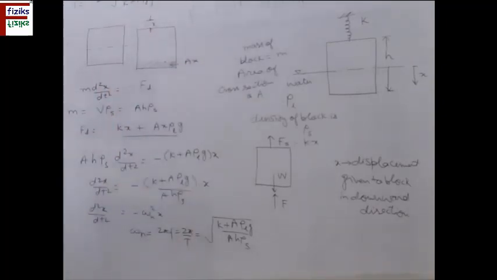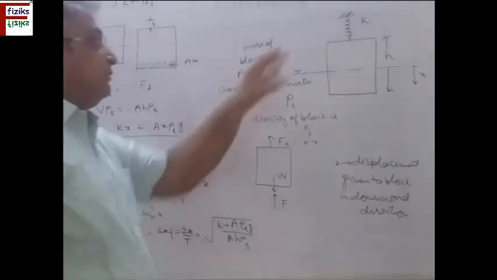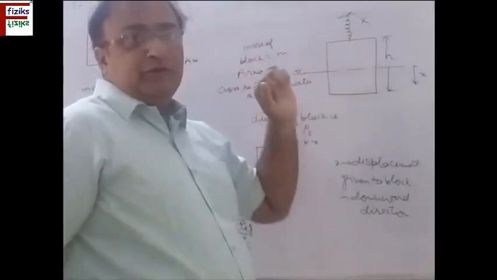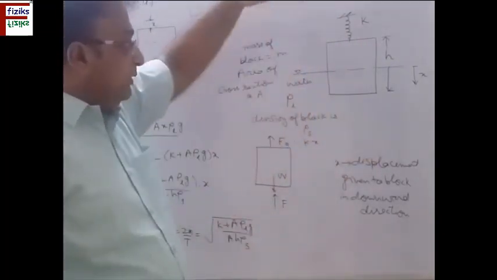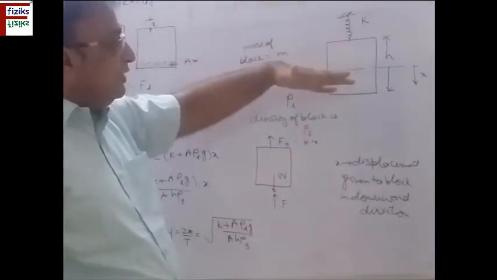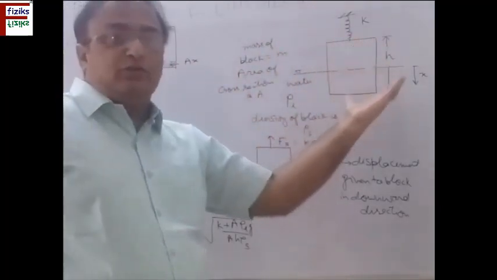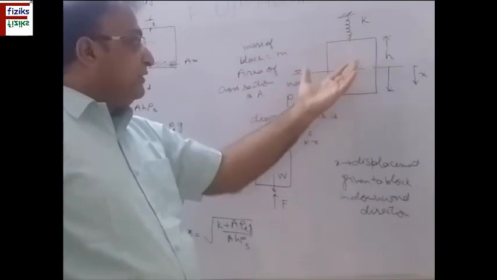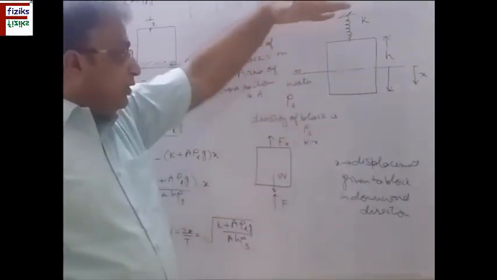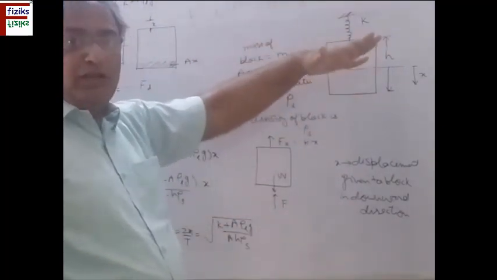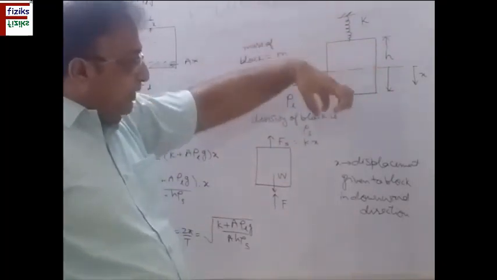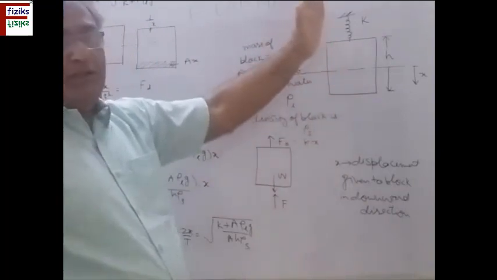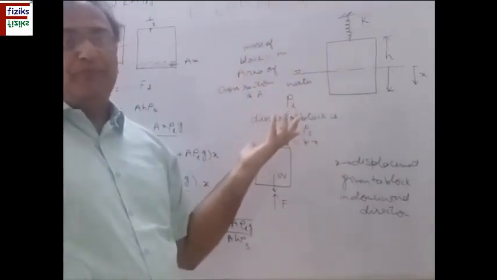Now there can be some change in the question. Suppose I fit this spring at the bottom, in place of top. If I give it some displacement in downward direction like this, in that case buoyancy force, as you know, is always acting in upward direction, and the weight is in downward direction, same here. So additional buoyancy force will be acting in upward direction, and the spring will be compressed in that case. So the spring will apply the force again in upward direction. So the problem will remain same.